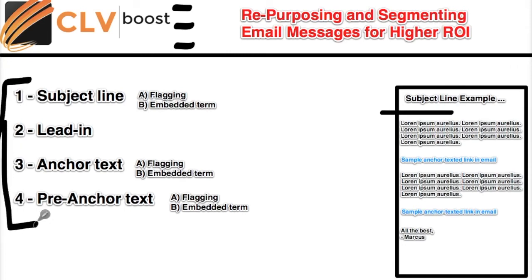So I've created these 4 basic criterion, 4 basic elements of an email that we can tinker about in order to take what we might call a generic email and tweak it in order to get a higher response. So here's how we can pull this off. One of the easiest ways, and probably the de facto should be your first weapon in the arsenal, is by altering the subject line. So let's say I've written a blog post, and this blog post is all about how